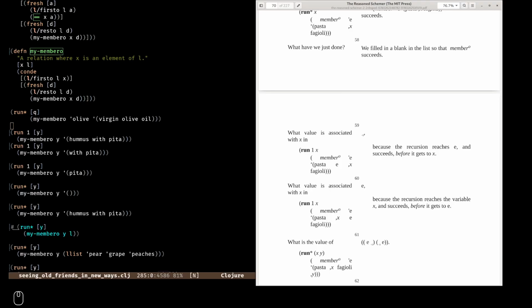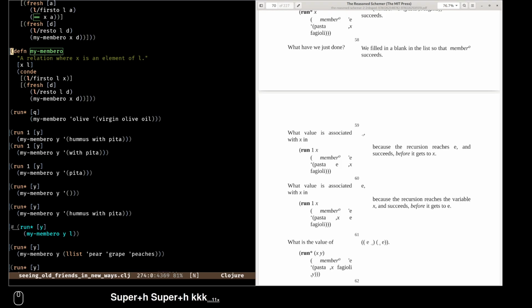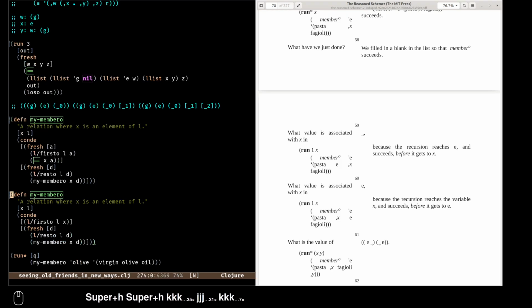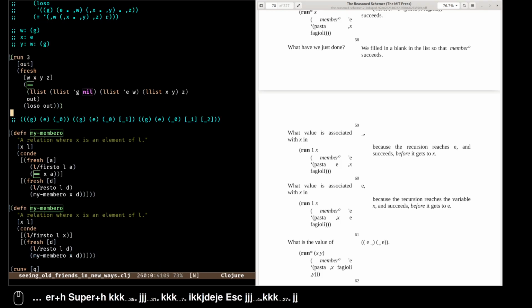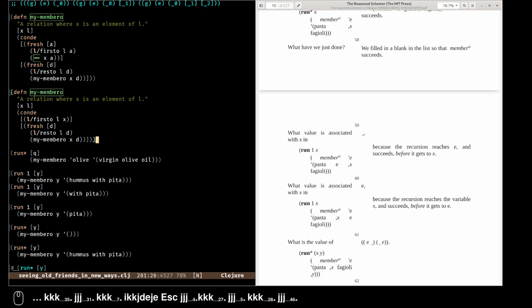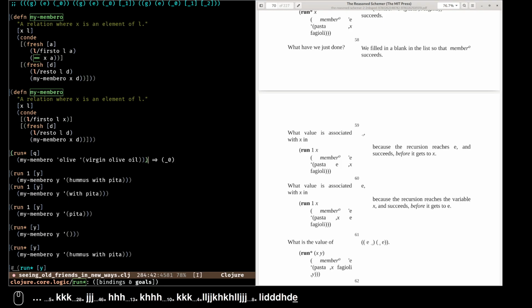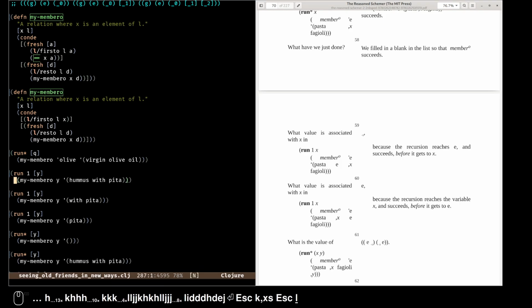Okay, here's my walkthrough of the recent schema with core.logic. Here is, I was just at my membero. That succeeds if X is an element of the proper list L, or X is an element of the list L. So my membero here succeeds. Then here it will succeed with the first element because this goal will succeed. So this will just be humus with